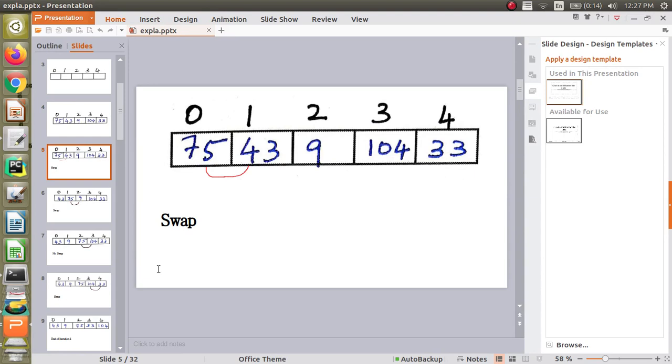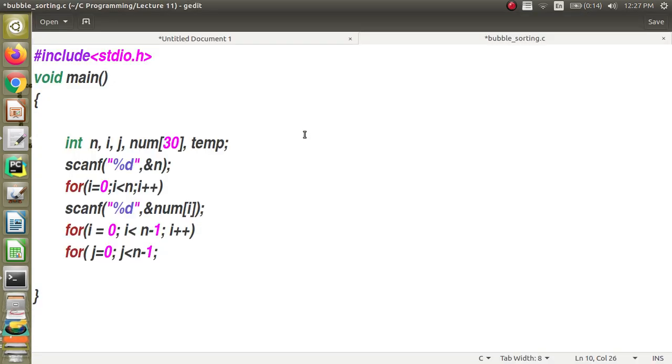But in the first iteration only you have to go up to the last but one element. In the second iteration you will go up to the last but one before that. Like this it is going to go on changing, so you are going to say minus i. Because, as I told you, the concept of bubbling up will happen. After the first iteration, the maximum value will go and sit in the last place, and next the next maximum will go and sit. So I need not disturb those or go and see what is there. So j less than n minus 1 minus i, j plus plus.